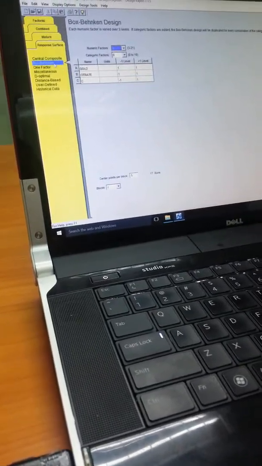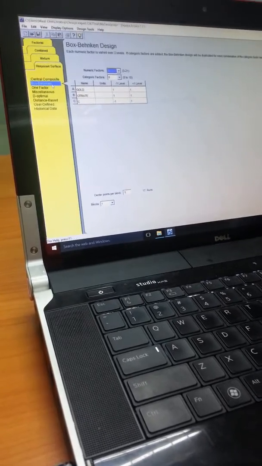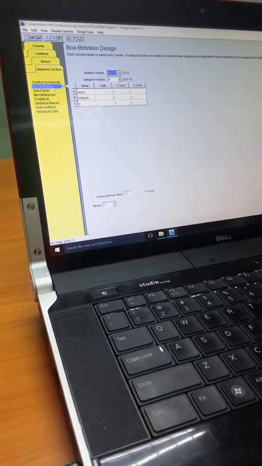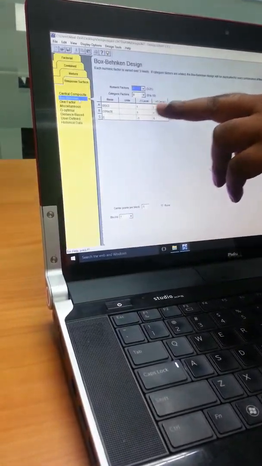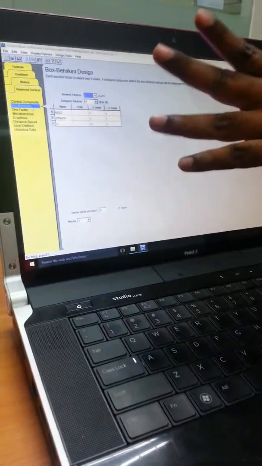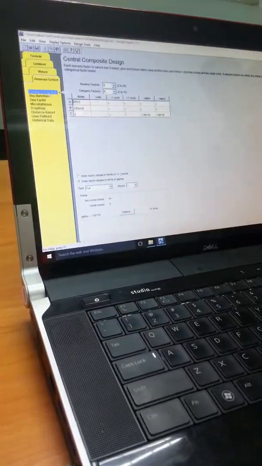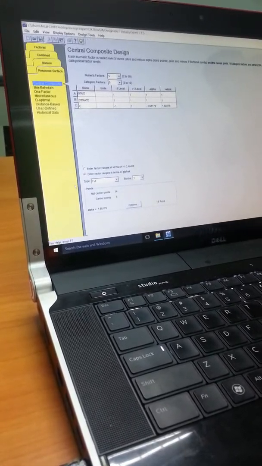So what we are doing is, anyway, we know the preliminary data already, so we don't want to go beyond that box. We are asking the software, you don't go beyond the level, you give within, that means -1, 0, +1. But normally it will take -1.414, that means -1 plus 1.414, it will take -1.3 or -1.5, like that. Okay. Now we are asking, we don't want that, we just do this. Okay. But if you click Box-Behnken or other things, it automatically takes only 1. You see here, it hasn't taken any values. But when it comes to the central composite,